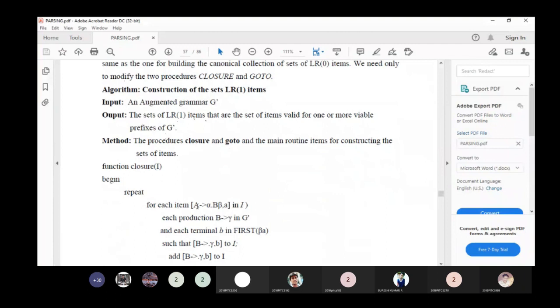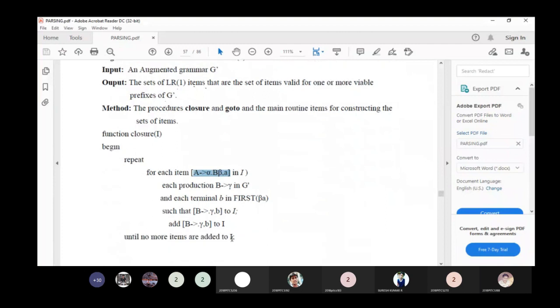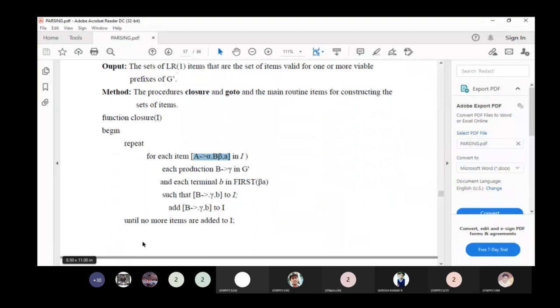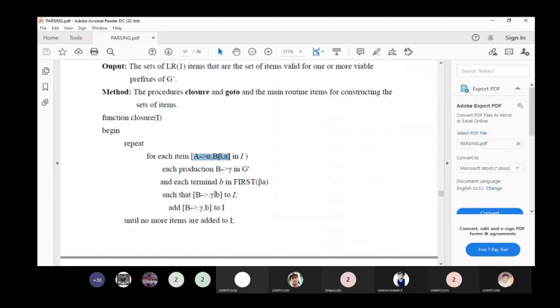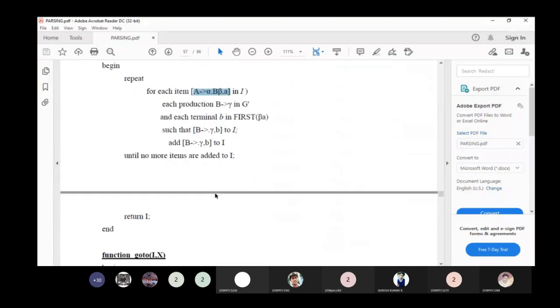For each item A → α·Bβ, a in I, for each production B → γ in G', and each terminal b in first of βa, add B → ·γ, b to I, until no more items are added to I. That is the procedure to find the closure of LR(1) items.